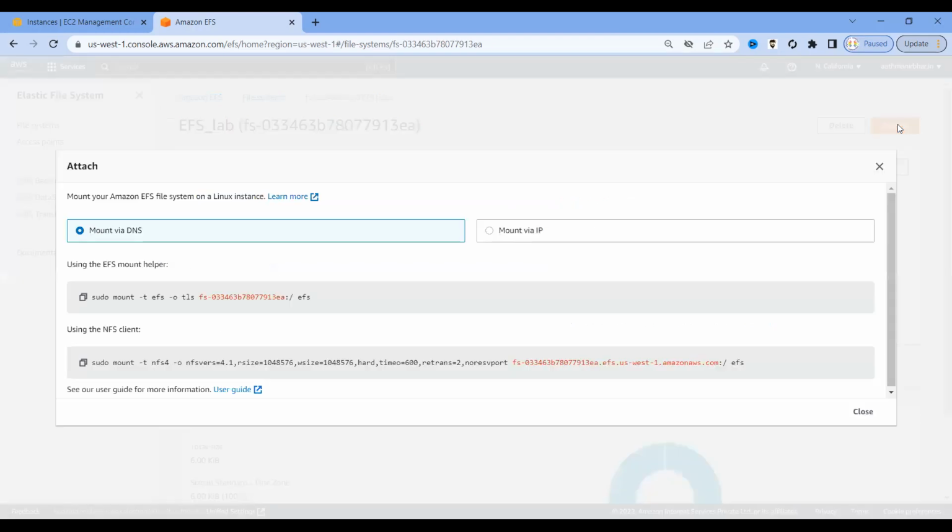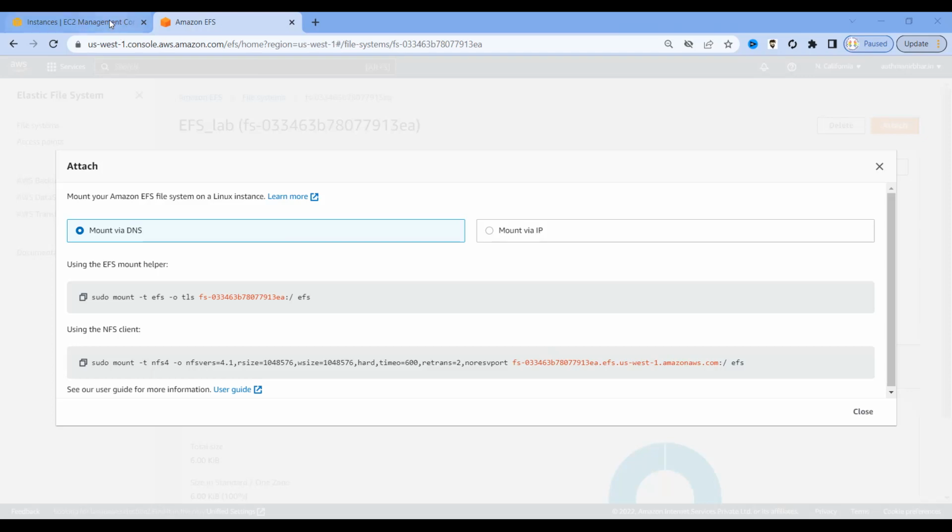Click on this attach button and you will see a Linux based command, sudo mount EFS, mounting this device. I will go with the select one. This command works good. Okay, I will keep this command handy, keep it in our chat for next time easy access. All right,